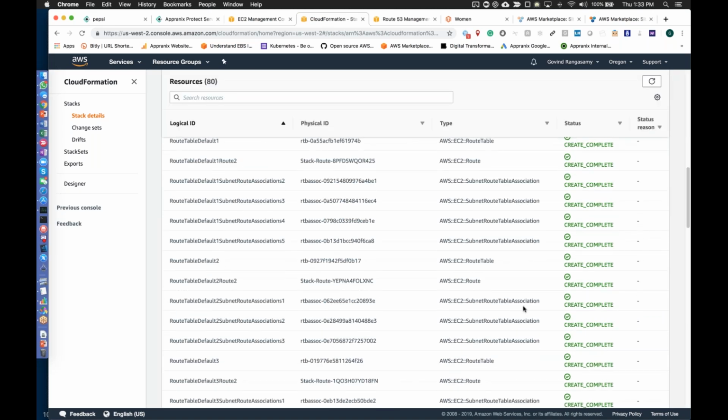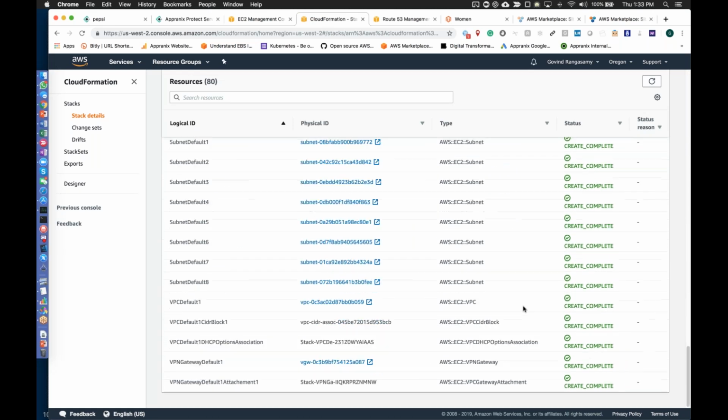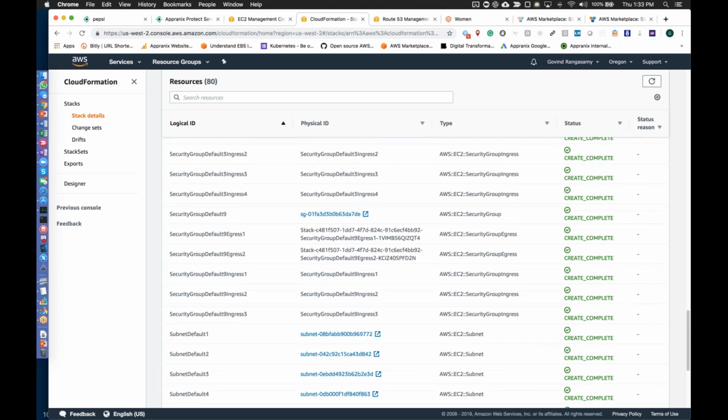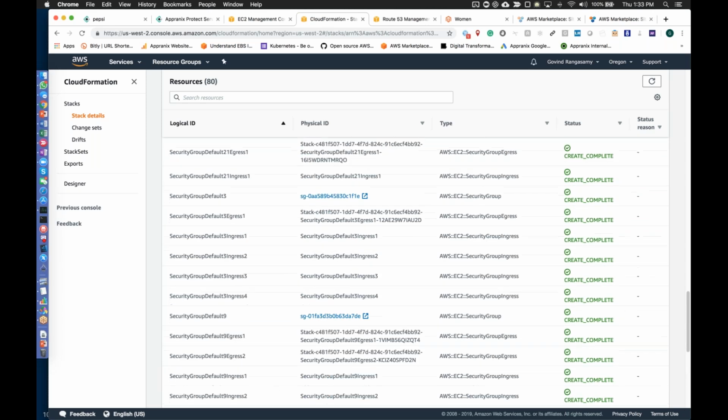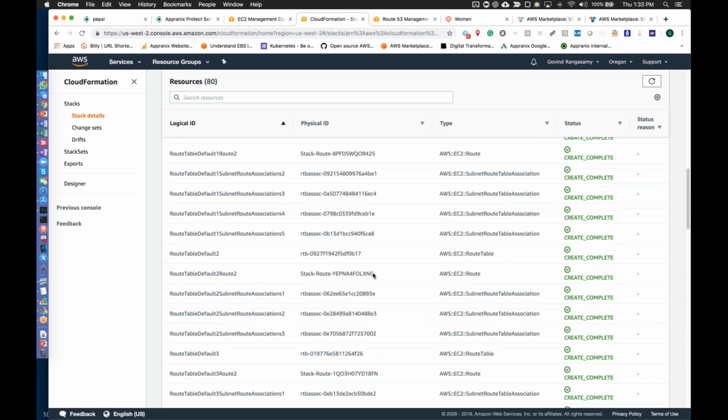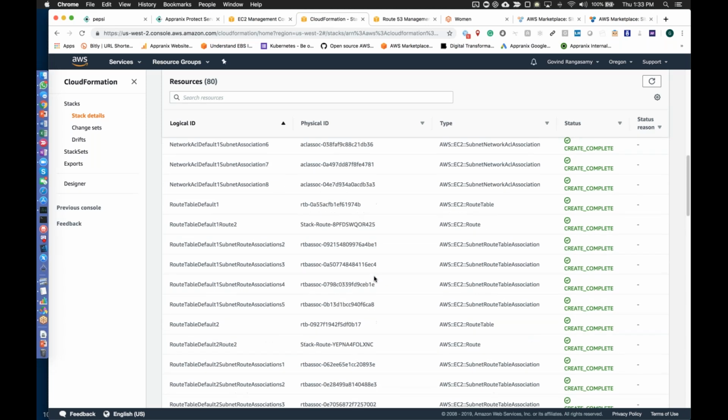In this particular case, for these 4 virtual machines, it won't take beyond like 10 minutes maximum. So you can see all the subnets, all the VPC configurations, and VPN gateways, you name it, security groups, all the routing configurations.